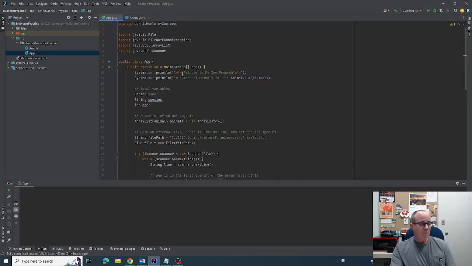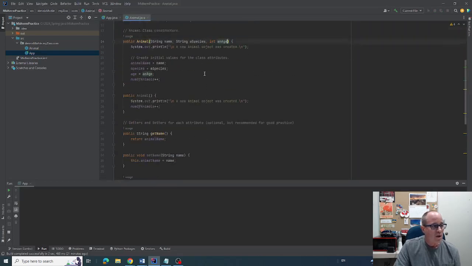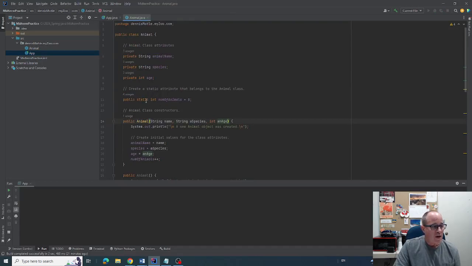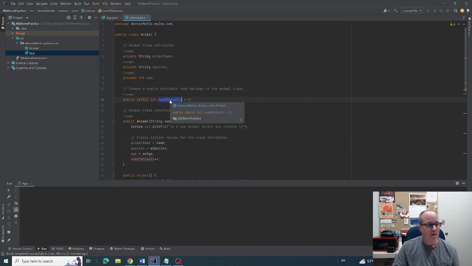Okay, so my app, in summary, app is my driver file. It contains main. I have one animal class. This is an extremely important attribute here. It is public static, and it is num of animals. The static means that this attribute, num of animals, will not belong to any objects. It will always just belong to the class, to the blueprint. Yes, this is a blueprint, but I can access some of this blueprint by doing things like